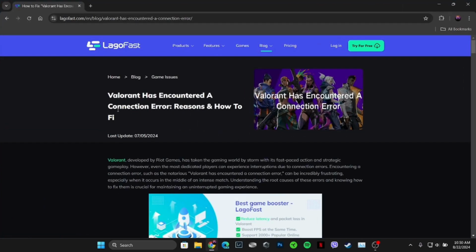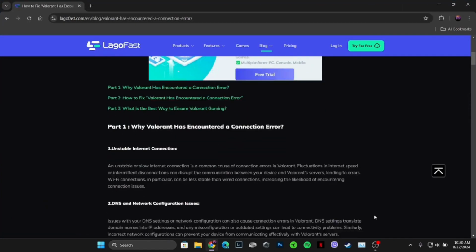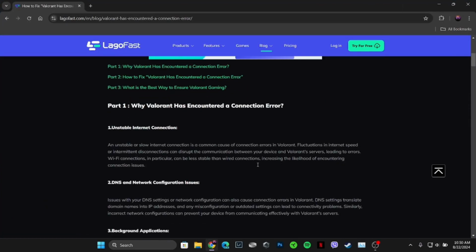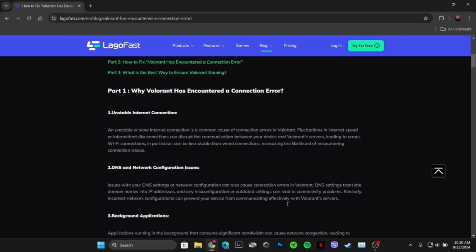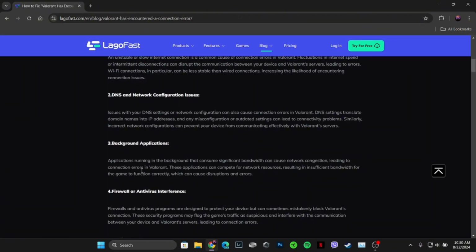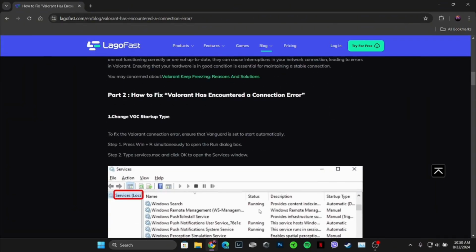So this is one of the articles which has provided you the step-by-step process on how you can fix this issue. The issue might arise due to the unstable internet connection, DNS and network configuration issue, background application and many more. In order to fix this issue, the first thing you want to do is you have to change